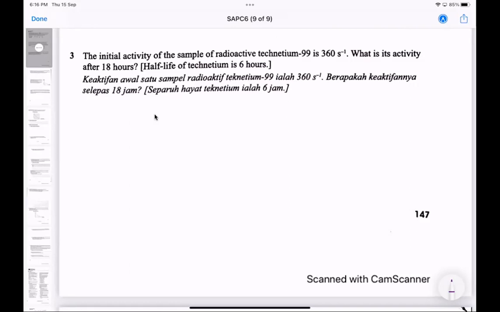Three half-lives, right? So you start with 360. And then 180. 180 divided to 90. 90 divided to 45, right? So the radioactivity is 45